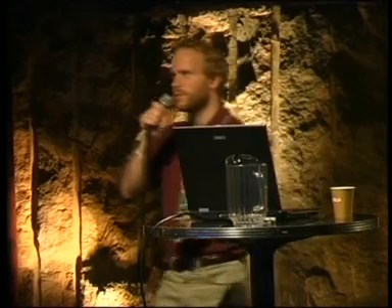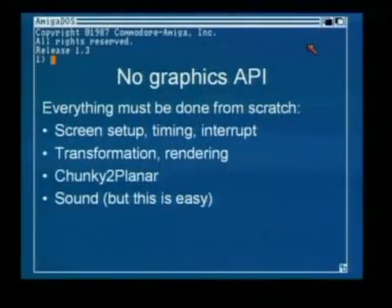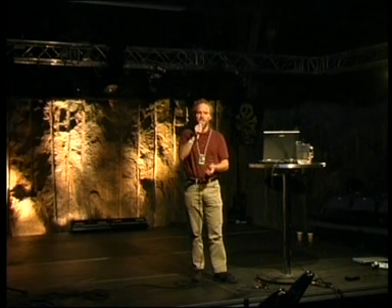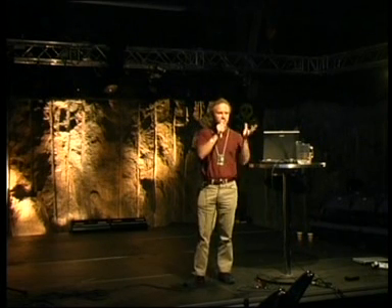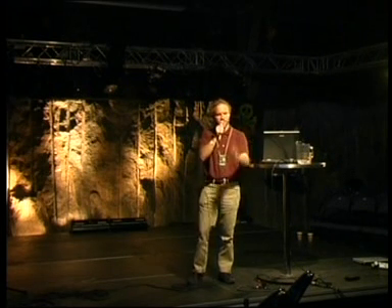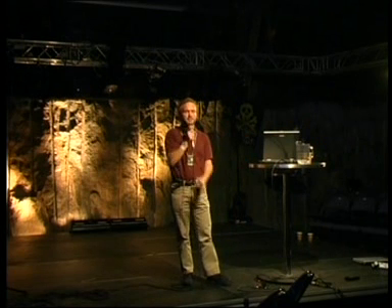So let's first recap what's special about coding on Amiga. So we know that there's no graphics API, no powerful graphics hardware, no libraries you can link to that can do all sorts of things for you like there's in Windows. There's just the CPU and the hardware, and that's it. So you can use the system to set up the screen, but then you don't have so much control over it. So usually you do everything by banging the hardware,